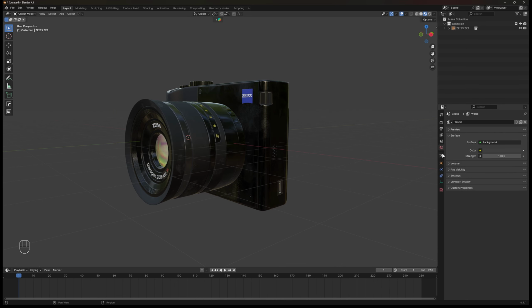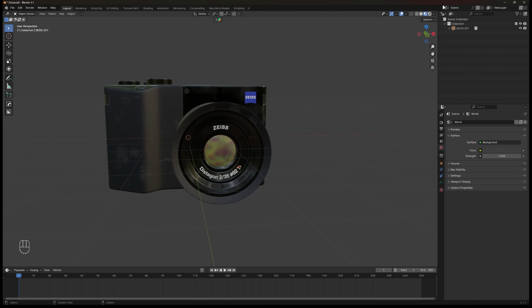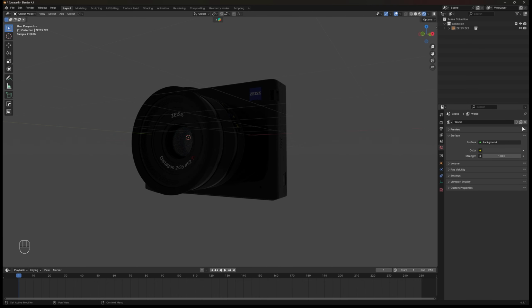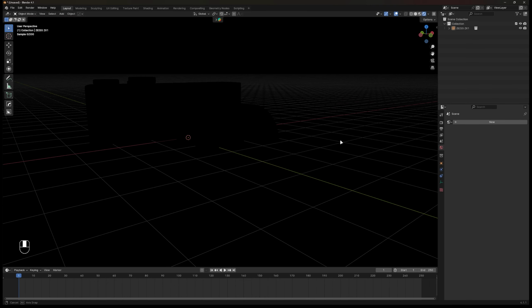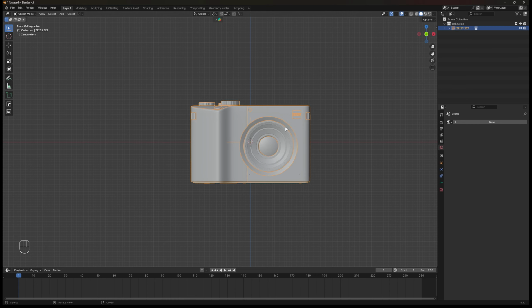Move to the world settings, just hit that red earth symbol there, and change the view to render and delete the world. Because this world sucks, I mean seriously, delete it. Now everything will be all black, but it's okay guys, no worries. After all is in place, move to the front view, then hide the asset for now.